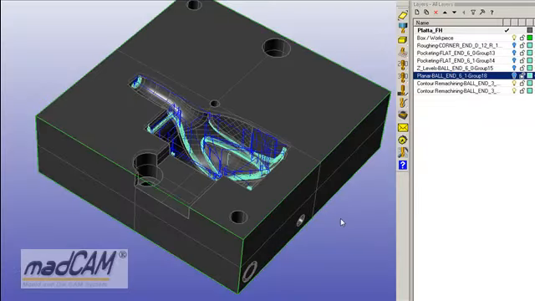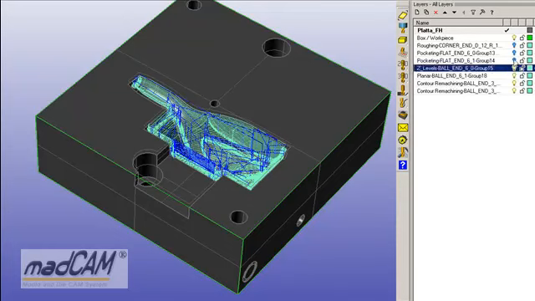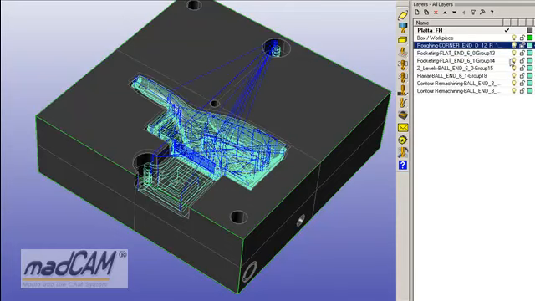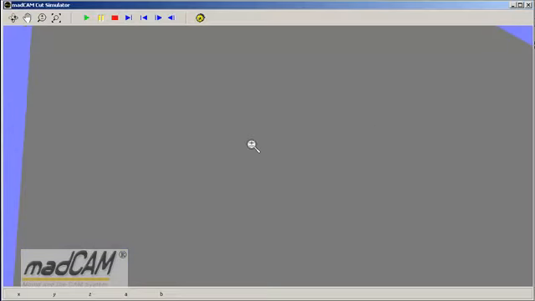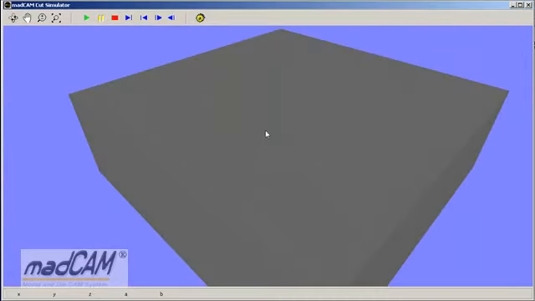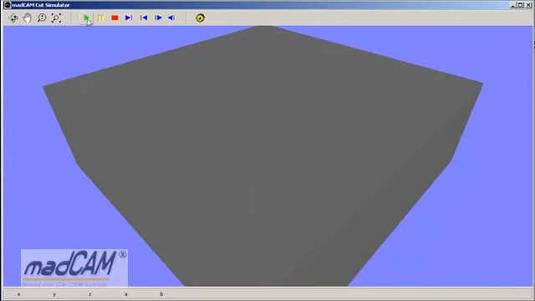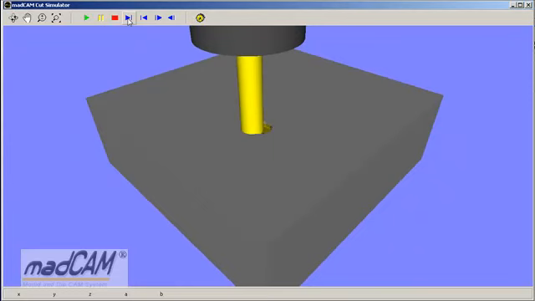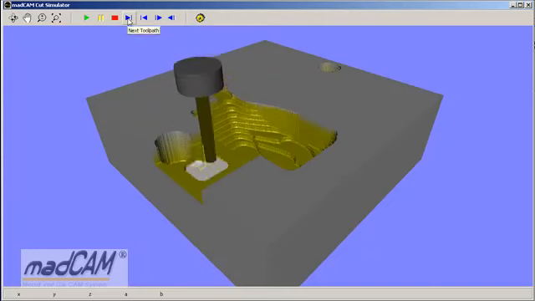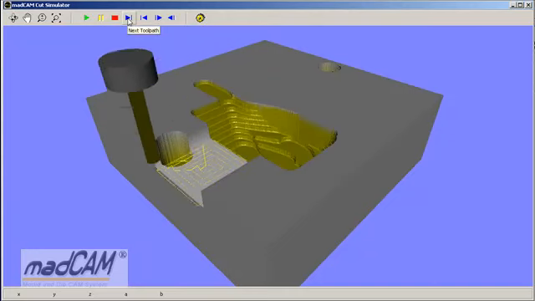Let's take a look in the simulator, and first we can show all the toolpaths, the roughing and the finishing, and we can run them together in the simulator. First we see the roughing, we have the finishing,